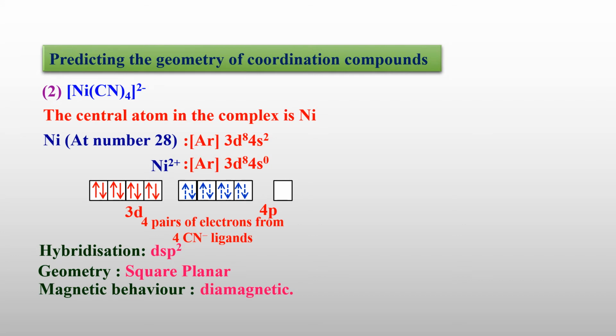And ligand electrons are entered into the inner d orbital, that's why it is also an inner orbital complex. If a strong field ligand is there, it exhibits low spin, so that's why it is called a low spin complex. If a weak field ligand is there, then there will be a high spin complex.